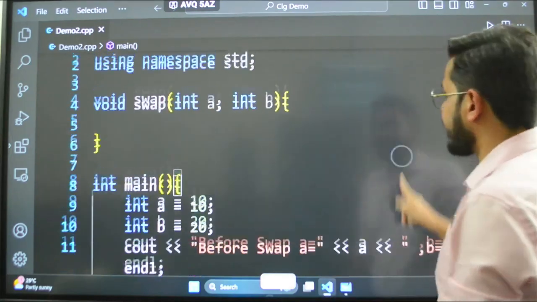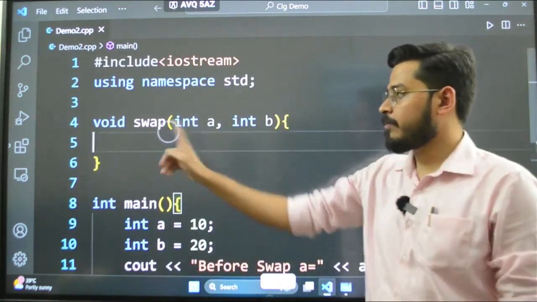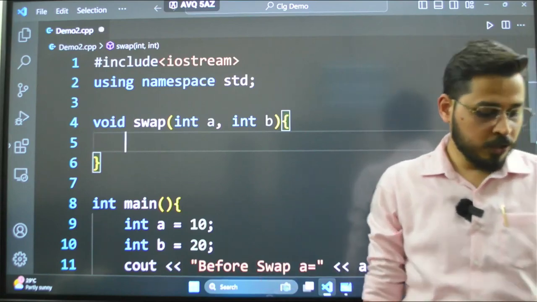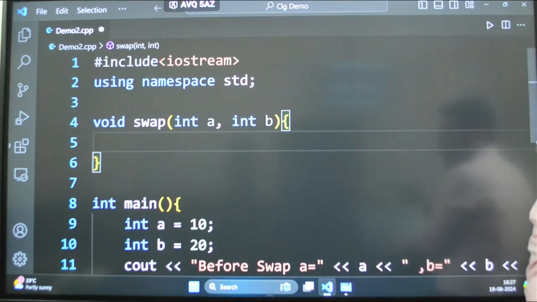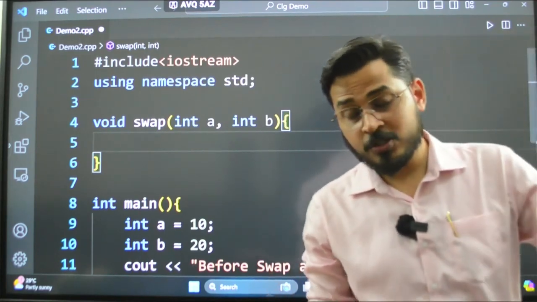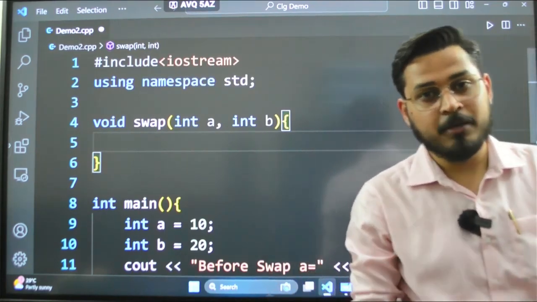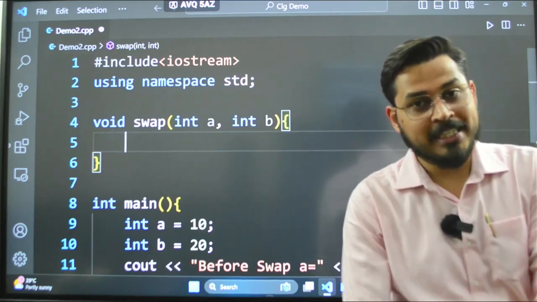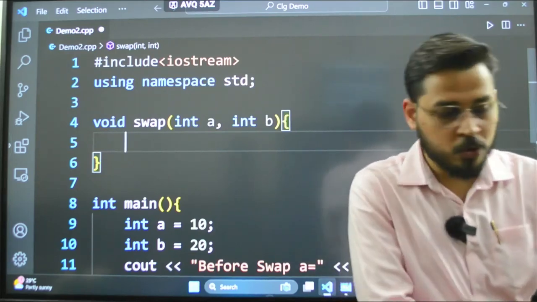Okay, let us write the logic here. To write the logic, if we remember the usage of the temp variable, the third variable, then we will be able to do it easily. How did we do it?